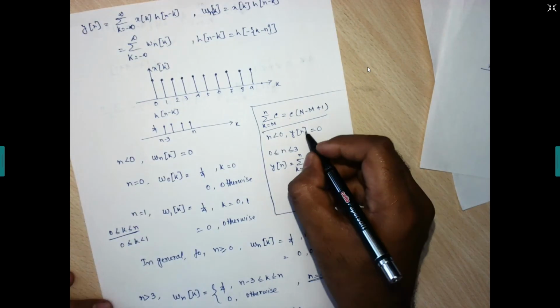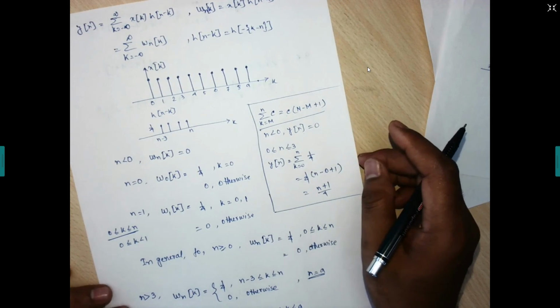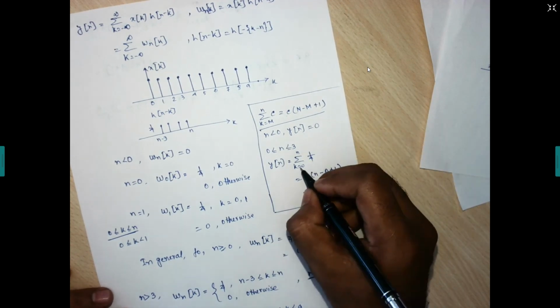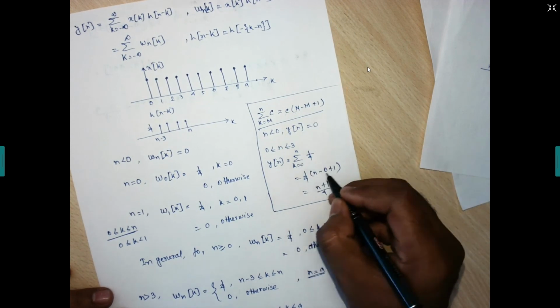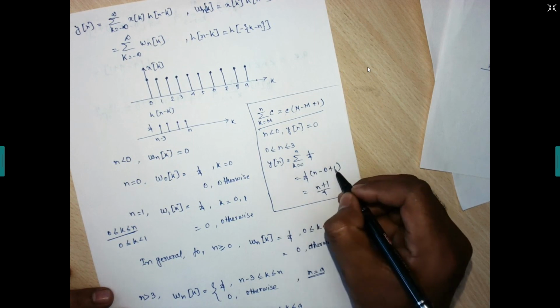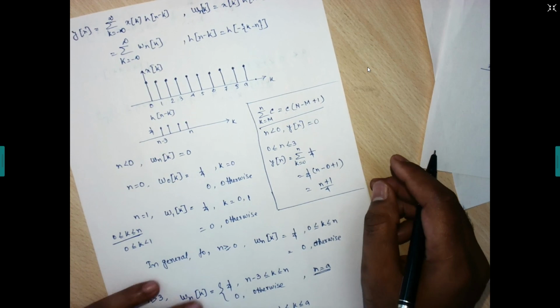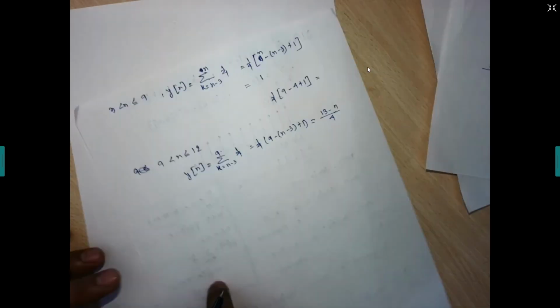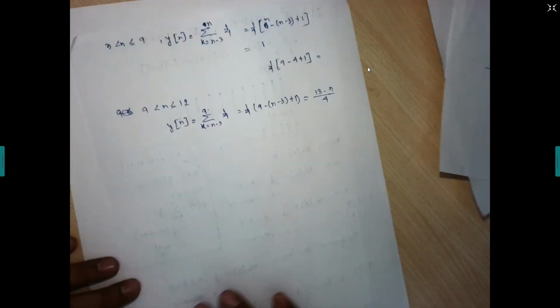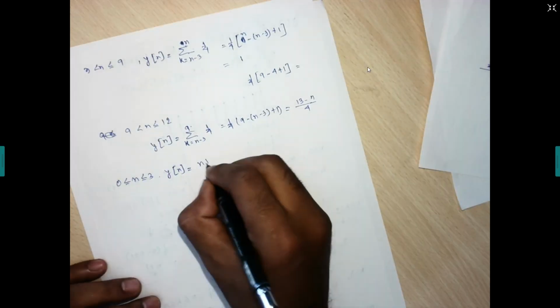Now starting from n, y of n is equals to 0, no problem. So let us start with 0 and up to 3. So k 0 to n, so n is up to 3, right? So 1 by 4, n minus 0, this is the highest range, this is the lowest range, n minus 0 plus 1. So it is having here n plus 1 by 4. So if we put n is equals to 3 over here, for 0 less than n less than 3, we are having y of n is n plus 1 by 4.